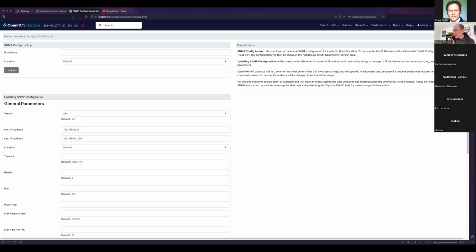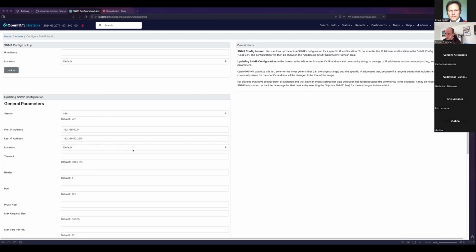So, SNMP configuration was a topic. The SNMP configuration is shared in multiple places in OpenNMS. Collectd makes use of that configuration, and also Pollerd, Provisiond and Enhanced Linkd.